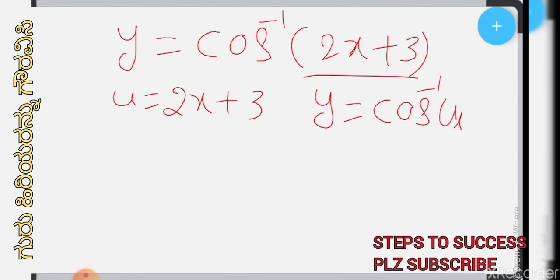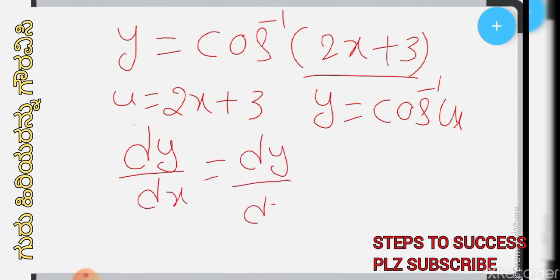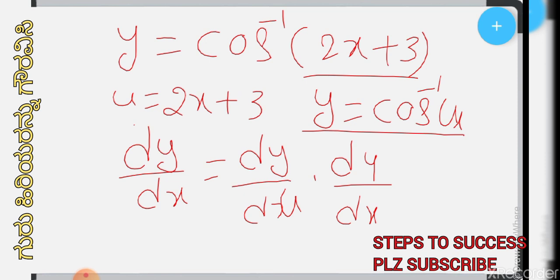According to this rule, first we will differentiate it, next we will go to the u function. Okay friends, then move to the solution.